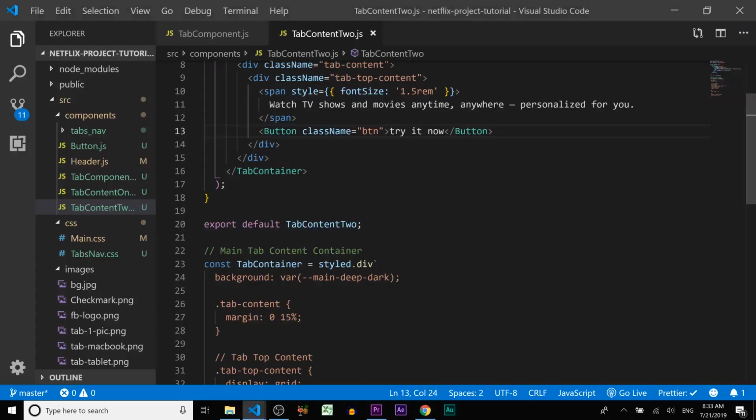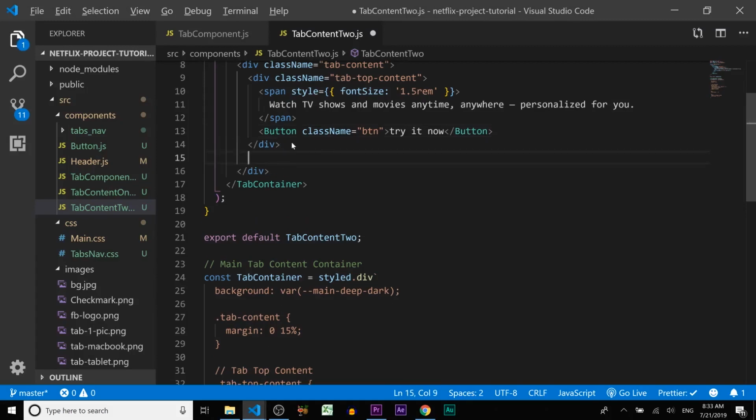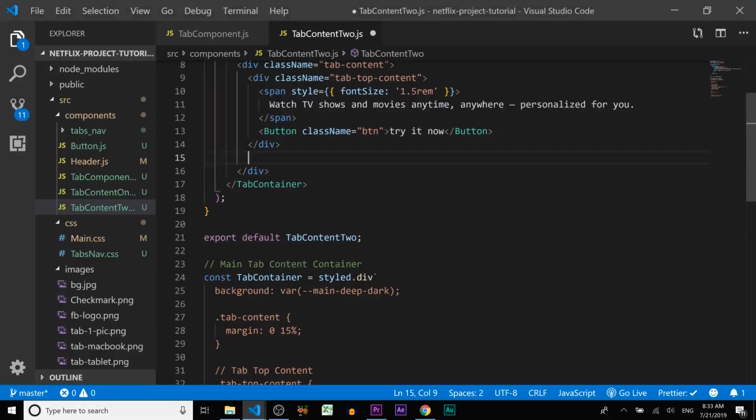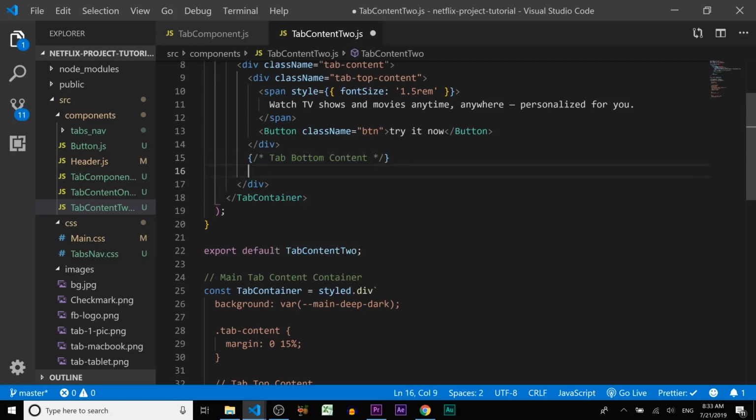Alright, so let's continue. Let's add the bottom content with the images. So we're gonna use the grid. Okay, and 3 columns. Let's do that. Let's add the comment tab bottom content. Okay, and let's add a div with the class tab bottom content,